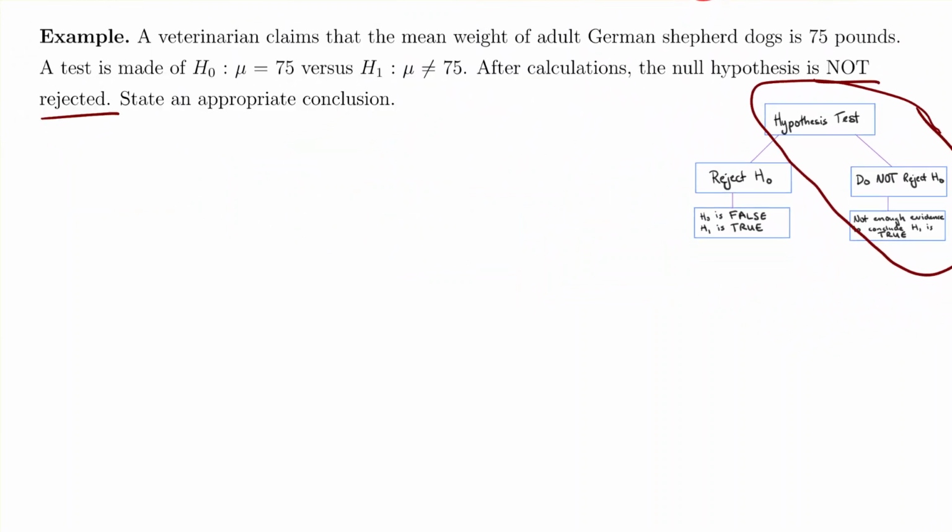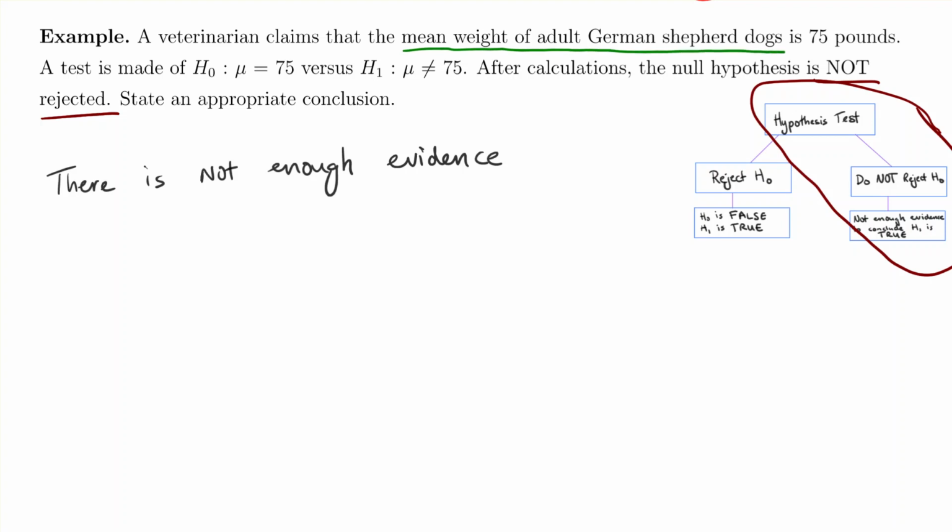We have to rephrase it in terms of the problem we're interested in. So let's think. We begin with the statement always, not enough evidence. So we'll start there. There is not enough evidence. And then let's go back to the phrasing of the problem. What did we actually care about here? As we go through the type of the problem, we look and it said mean weight of adult German Shepherd dogs. And then we cared about, was it a certain value or was it not a certain value? So there's not enough evidence to conclude